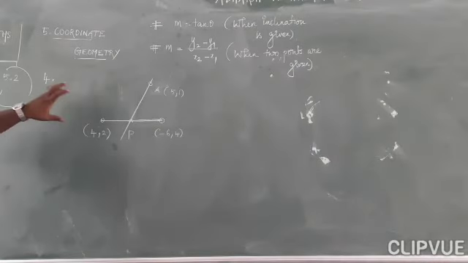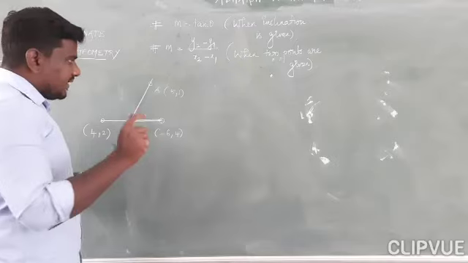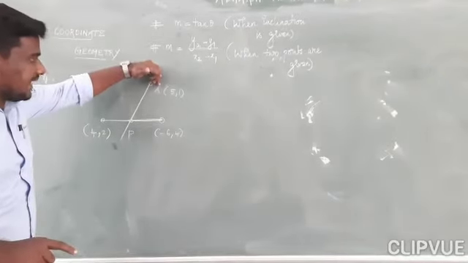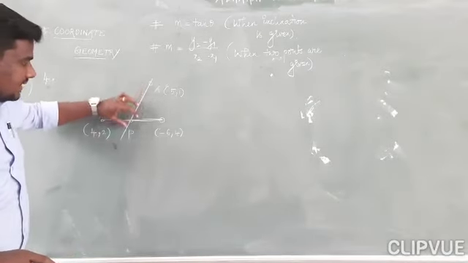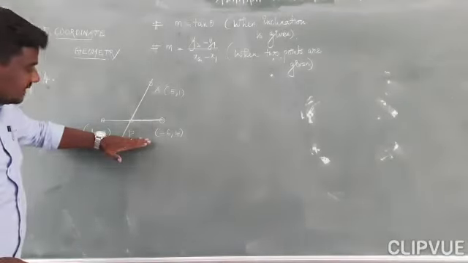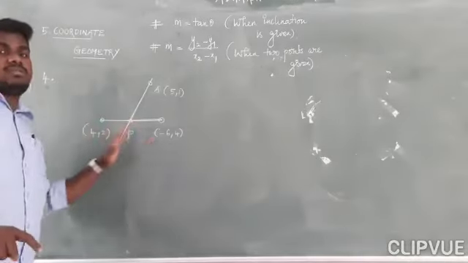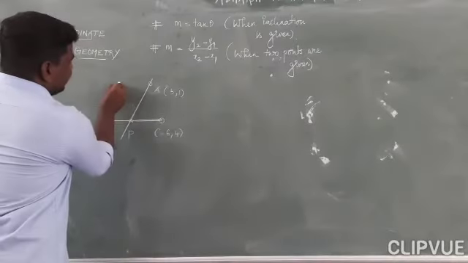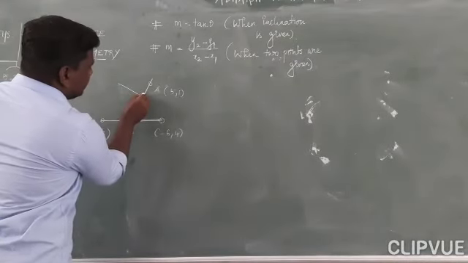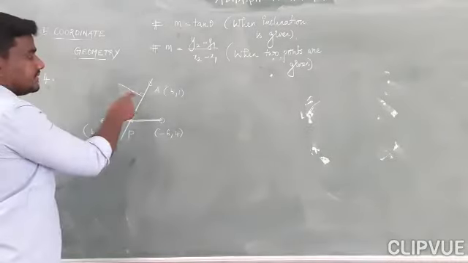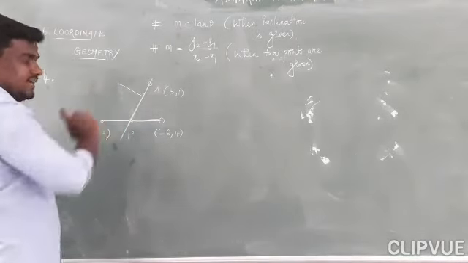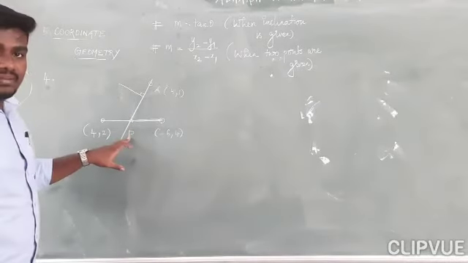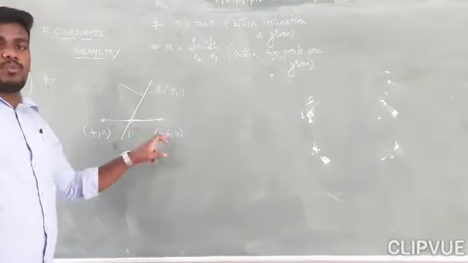Number 4. The question is, we are going to find the slope of a straight line which is perpendicular to the line from point A to P. This P is the midpoint of these 2 points. If it is perpendicular, the straight line will be like this, perpendicular to this straight line. So according to the given condition, first we find P.